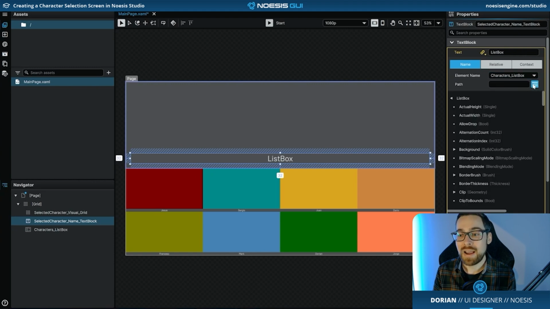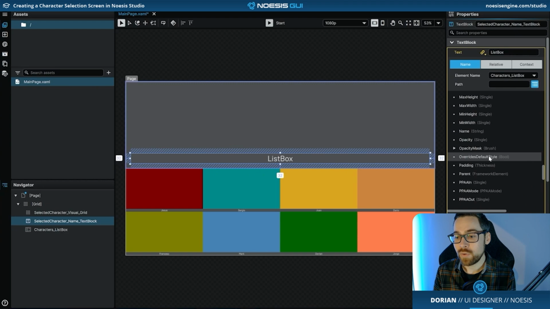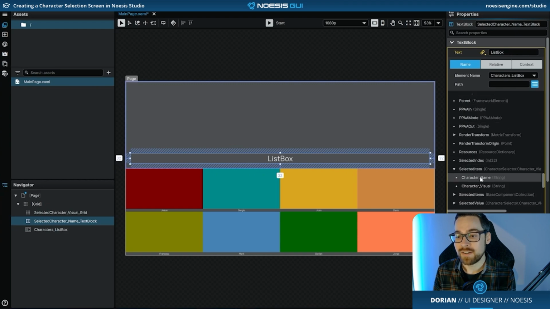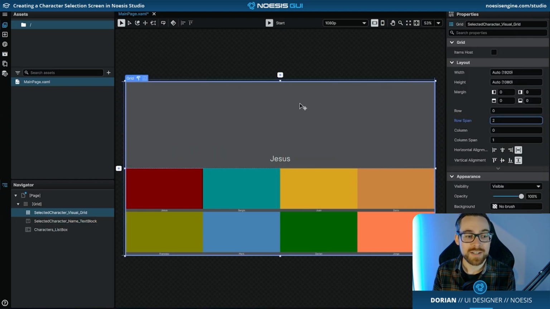Then, if we expand the path, we'll navigate down to the selected item. And what we'll find once we arrive there is that we can then select Character Name. If we click that, now the selected character will appear in that field. We'll do the exact same process for the grid, so we'll go ahead and select the grid from the stage